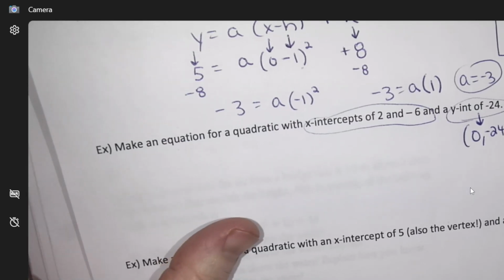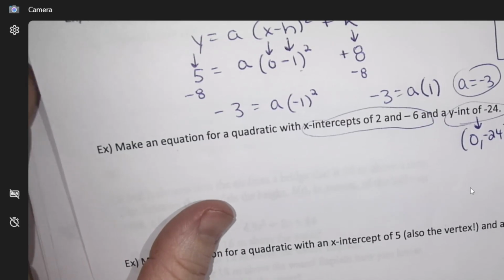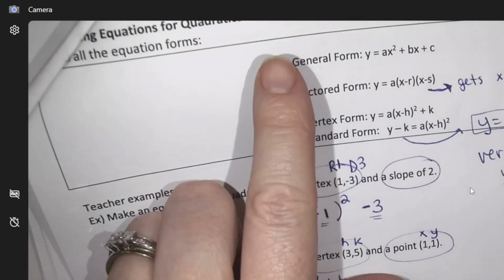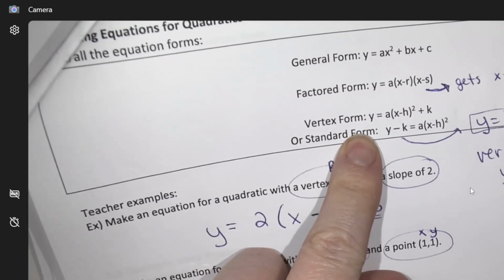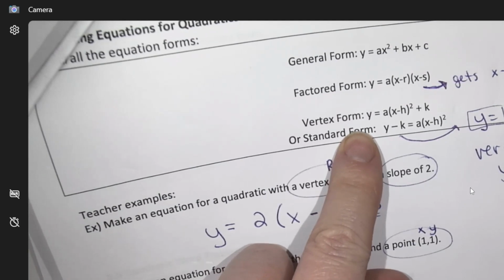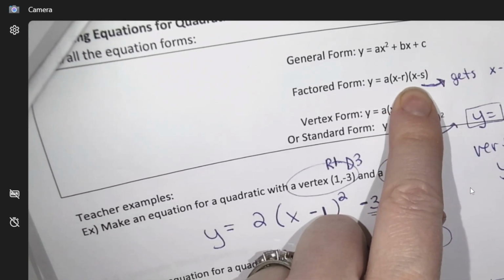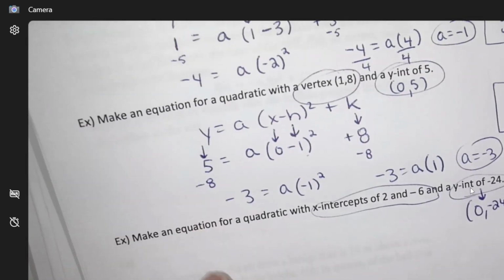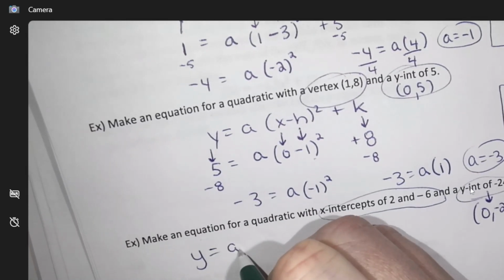This time, I don't know the vertex. So you know what? I am not going to use vertex form. It told me the x-intercepts, so if I'm going to use x-intercepts, what should I use? I should use this factored form. Okay, so y equals a